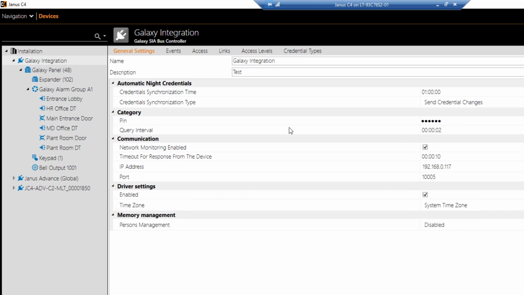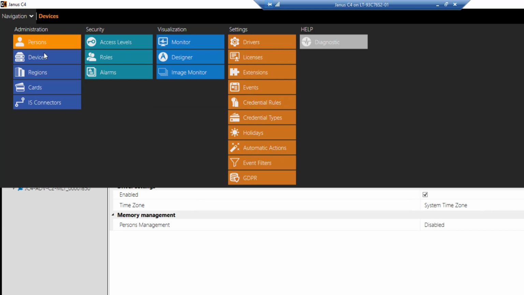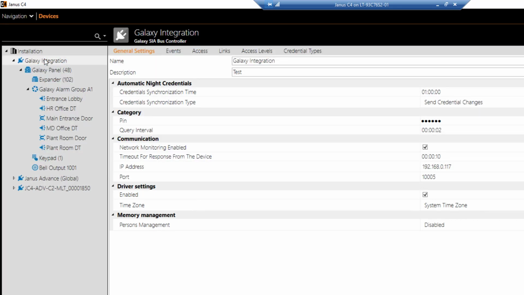As you can see, I'm on the Janus C4 server and I already have Janus C4 open, and I'm within Navigation, Administration and Devices. I already have a Galaxy Intruder Alarm that is fully configured, and it's all blue because it's online. Now when I configured the Galaxy integration, you can see that under Memory Management and Persons Management, I've